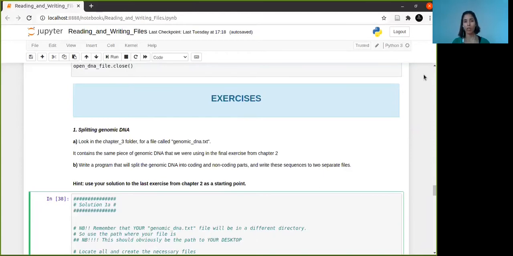Sometimes mine will slightly vary, but obviously that's just because we each have our own methods of doing certain things. So in the first exercise in the book, it tells us we're going to split genomic DNA, which is what we did in session 1 as well, except then they gave us a DNA sequence as is, so basically as if somebody would read it to you, and we had to put that straight into a variable